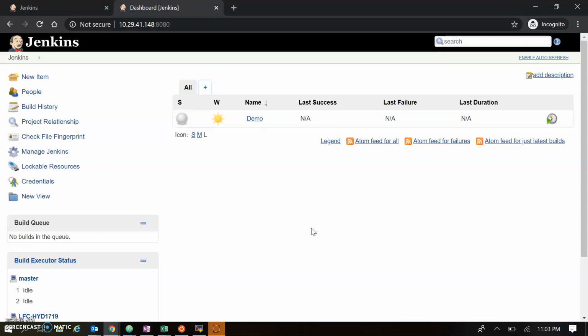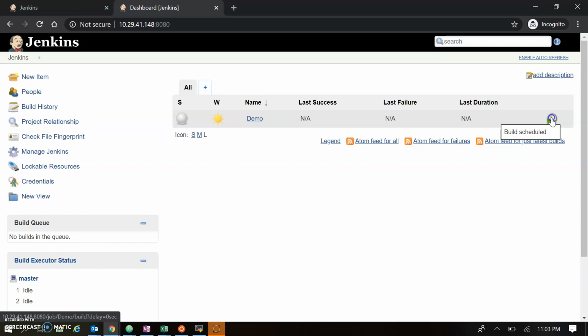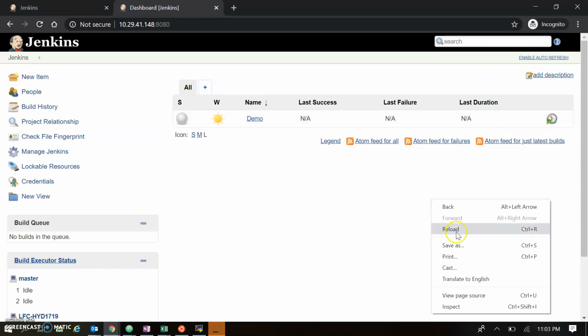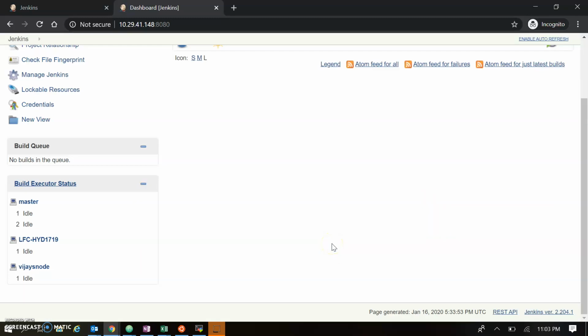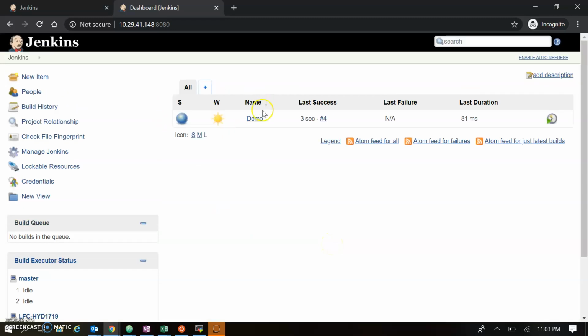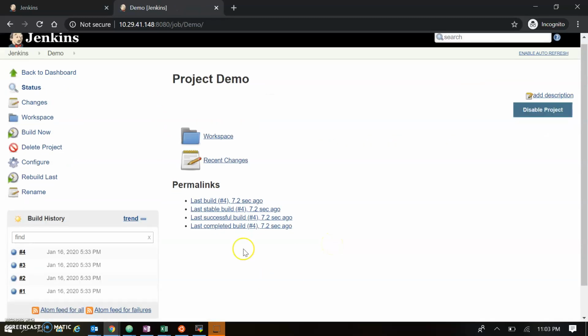Let's have a look. Before that, let's trigger some builds over here. I'm just triggering a build, and let's refresh this one. Let's go into the project. So there are 4 builds. I'm still triggering 1, 2 more. Okay, so now the number is 7